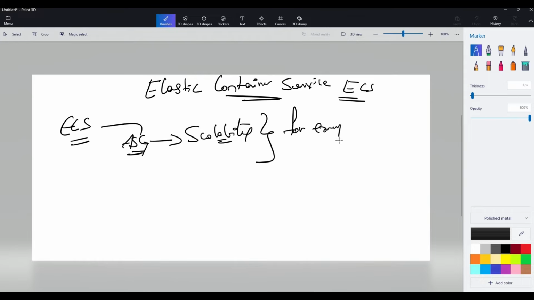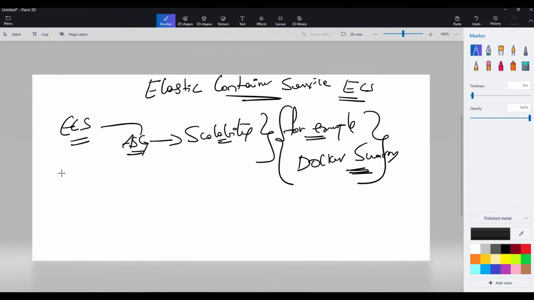For example, in Docker we have something called Docker Swarm. You can easily launch and maintain your application without worrying about the underlying infrastructure. As I said before, Docker Swarm is a third party tool for AWS. They wanted to capture the market and let users stay with their own services, so they came up with a service called Elastic Container Service. On a high level, ECS is a fully managed service for running Docker containers on AWS. It simplifies deployment and management, and takes care of scaling our containerized application.